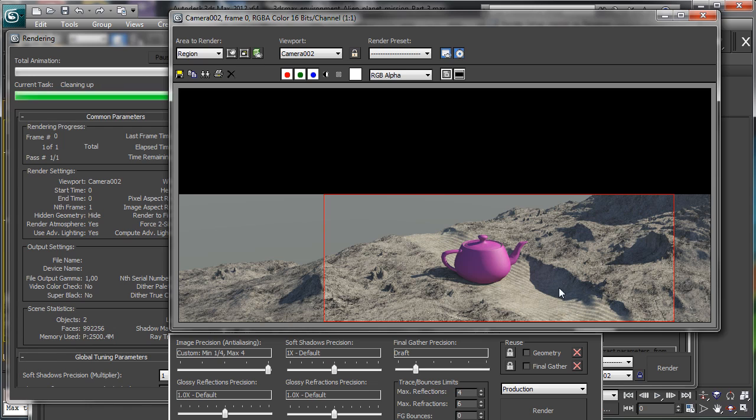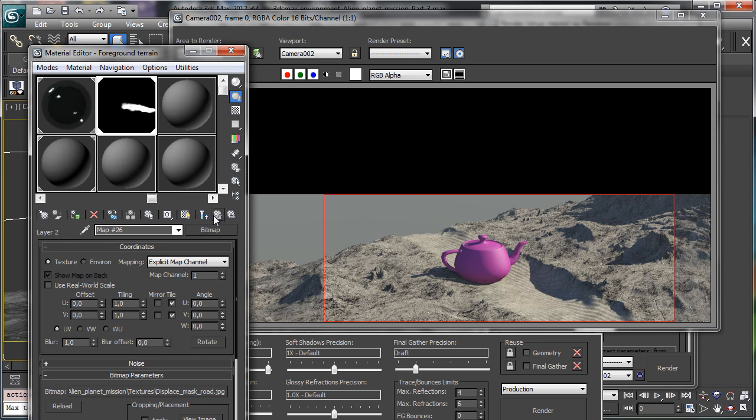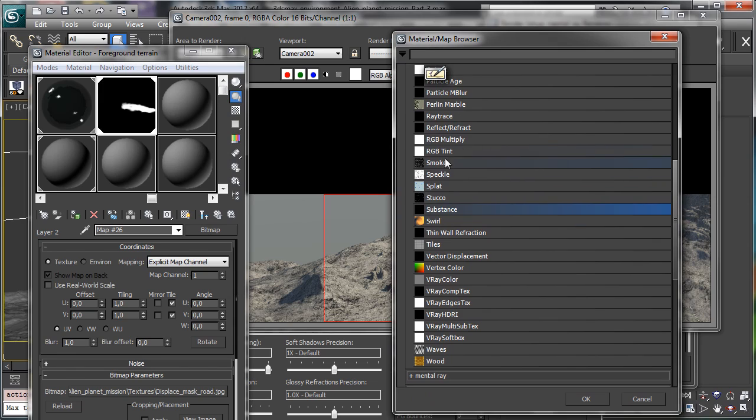And I'd like to have these lines just in some area, so we have to work on this map. This one must be masked,